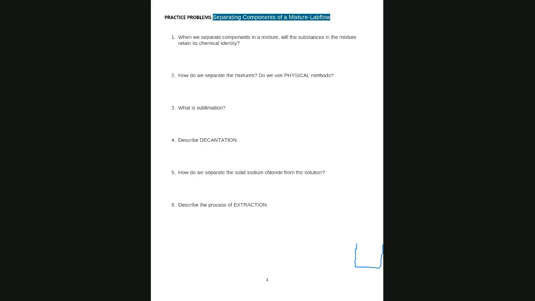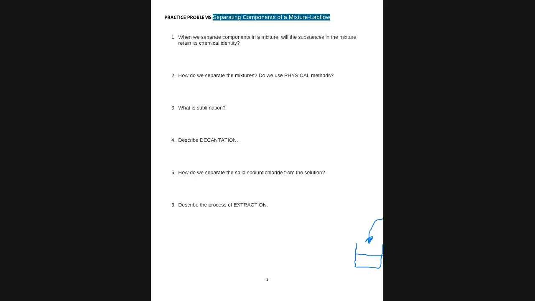So basically, you want to pour only the liquid into beaker number 2, very gently, and you try not to move or disturb this solid. So basically it is the separation of liquid from a solid, but it's called decantation because we do not use a